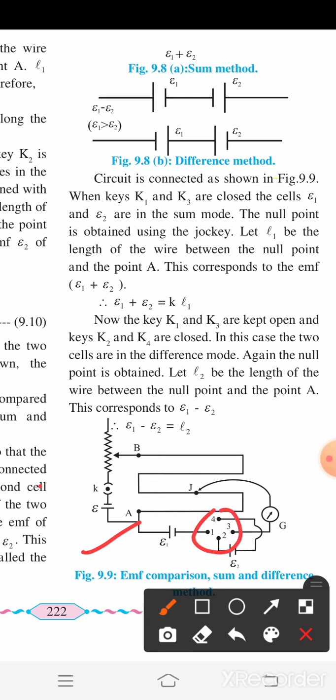This four-way key is useful to connect the two cells using two methods, first the sum method, and second the difference method. So first we connect these two cells using the sum method by keeping K1 and K3